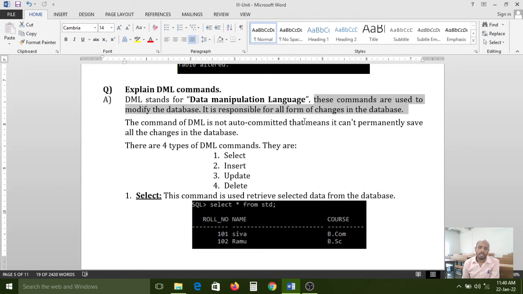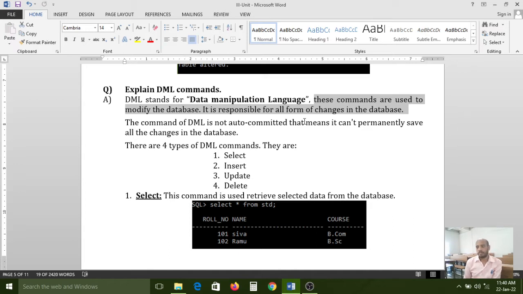If you want to change a column name, we can use the alter command. So by using DDL commands, we can create, change and delete the table structure. If you want to add one more column, that is also possible with the help of DDL commands.